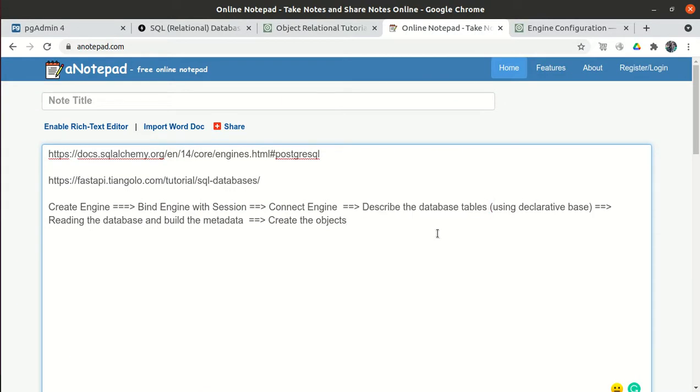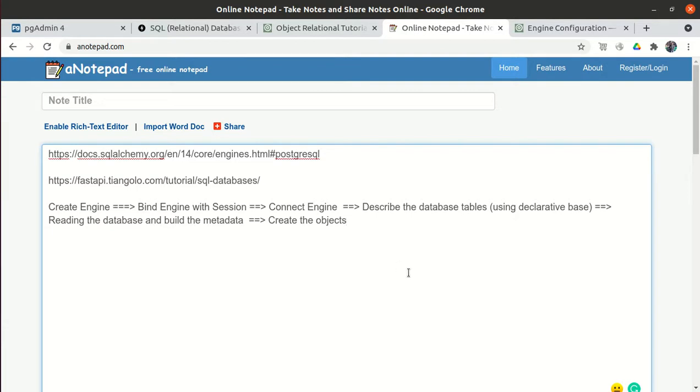SQLAlchemy is basically an ORM. ORM is an object relational mapper. When we say object, we have to define all the objects in the form of classes.